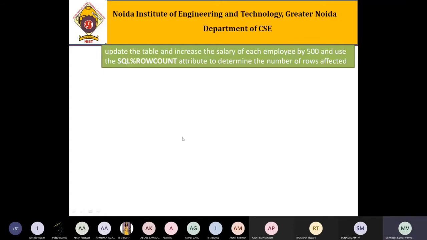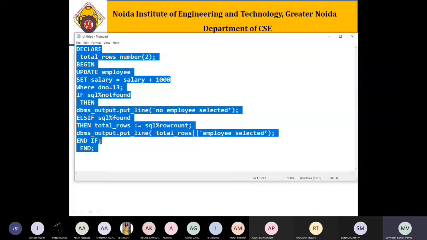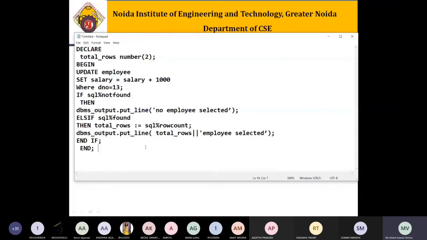So how to do it? I have already created a program. Just see here the use of all the different kinds of attributes associated with the implicit cursor.